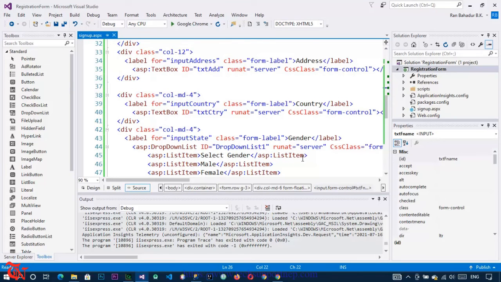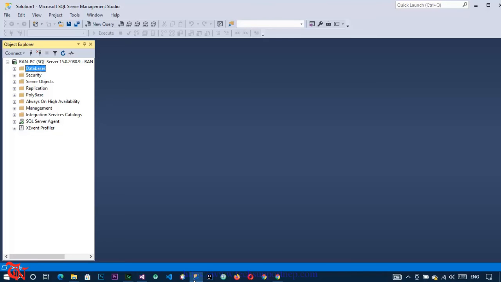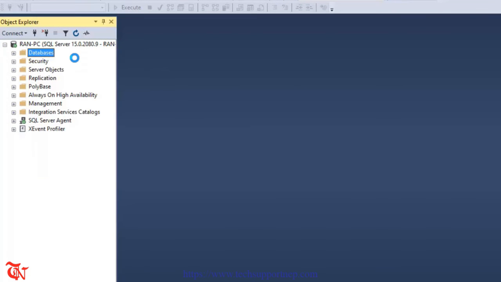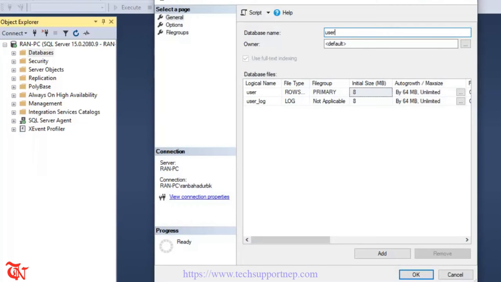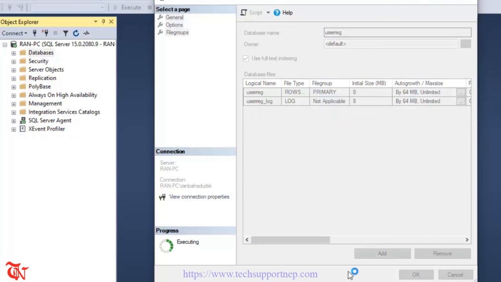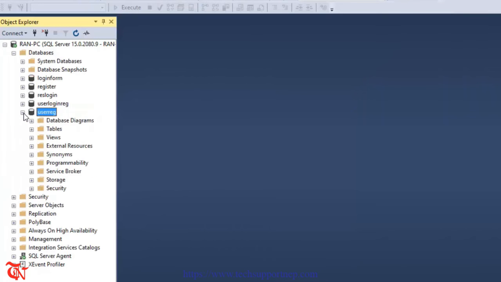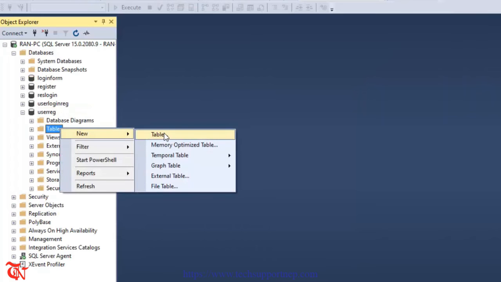Now we are going to create a database. So open up SQL Server database. I am using Microsoft SQL Server Management Studio 2018. Right click over database, click on new database, and here I'm using the database name UserReg. Expand that database, and you will see our recently created database. Right click over table, click on new, and then